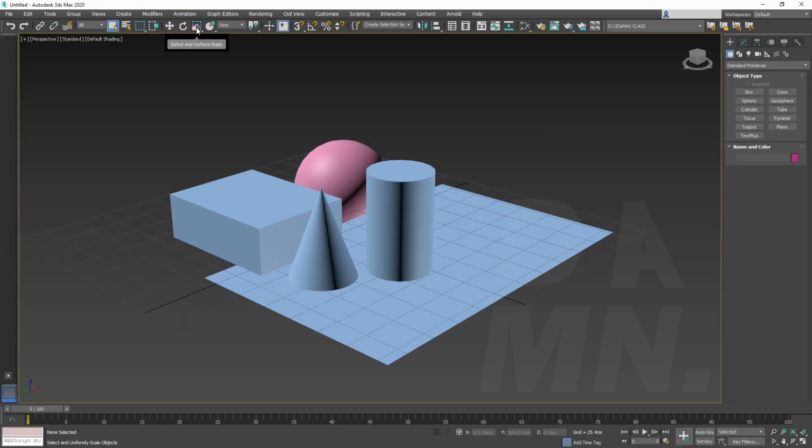We also have this button which chooses the type of selection that we can make. For example, by pressing rectangular selection region, I can select any object that touches the rectangle, but if I press on this window crossing button, it only selects the objects that fit completely in the rectangle. But the rectangular selection region is not the only way to select. By keeping this button pressed a little longer, I can find the rest of the selection methods like circular,